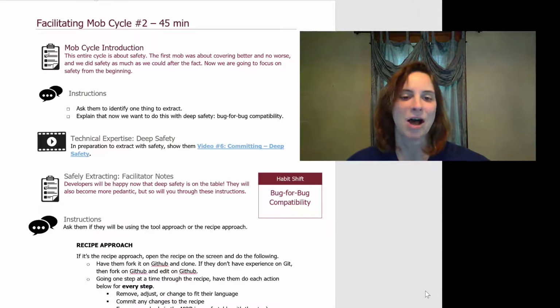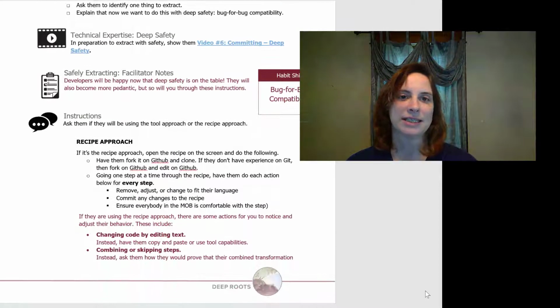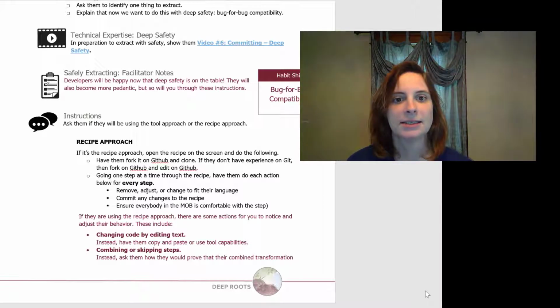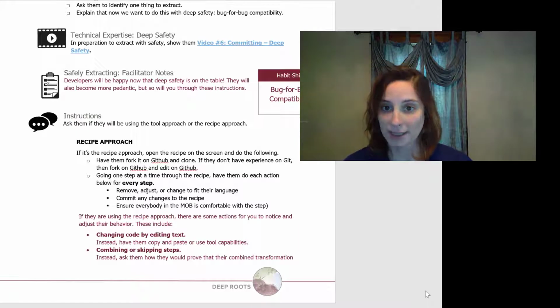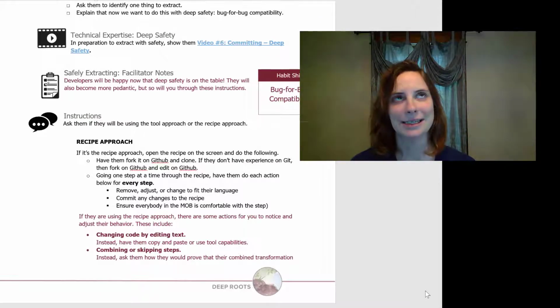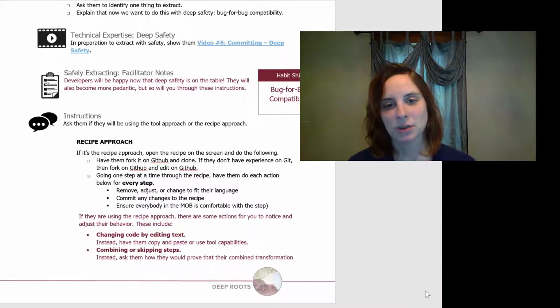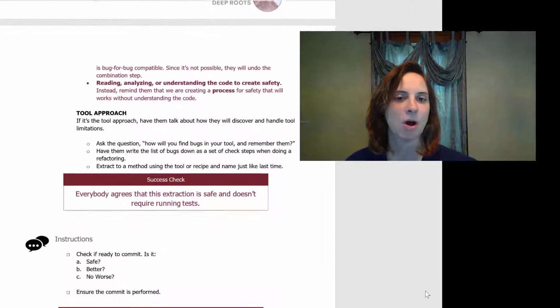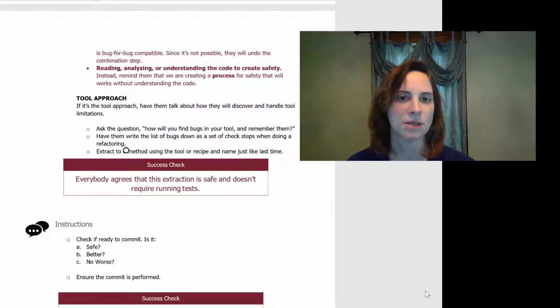So the first thing you're going to ask them to do once they have gone through the extraction is ask them if they will be using the tool approach or the recipe approach. Don't worry about what those are exactly. Just know that the tool approach is really easy, yay, and the recipe approach is less easy, boo, but oh well. If they have the tool approach, you can just skip all the way down to, in the facilitator's guide,